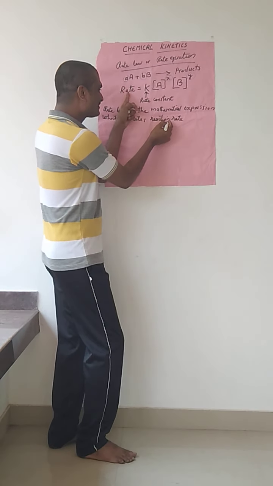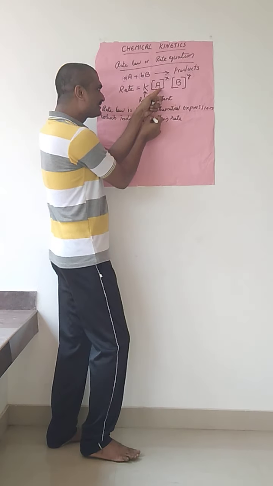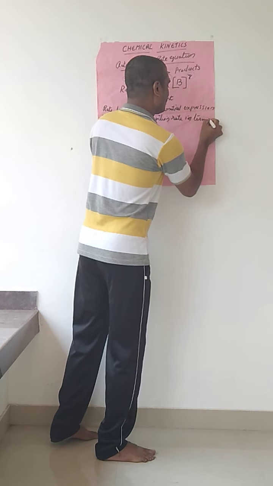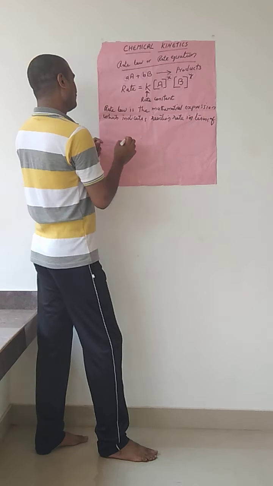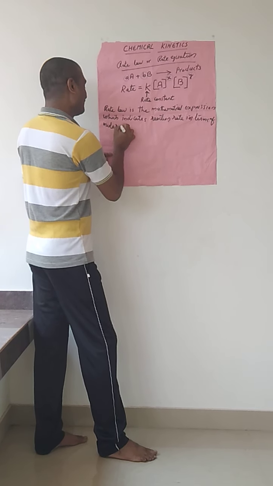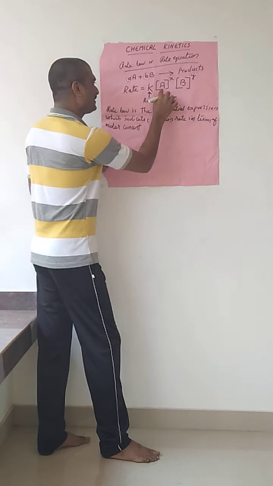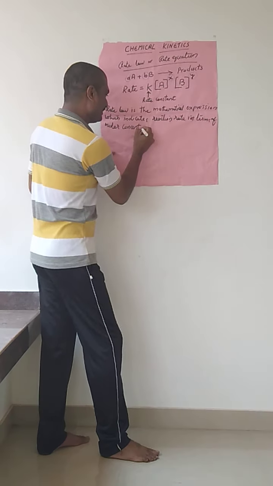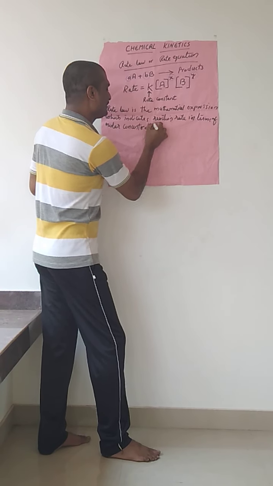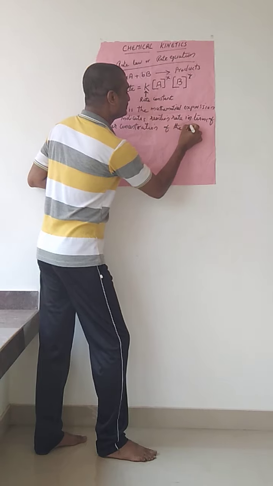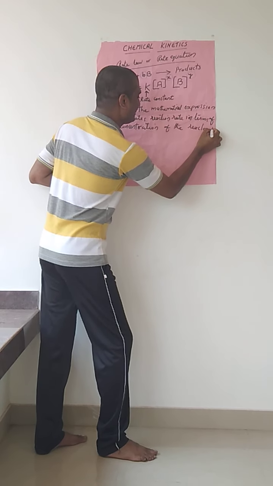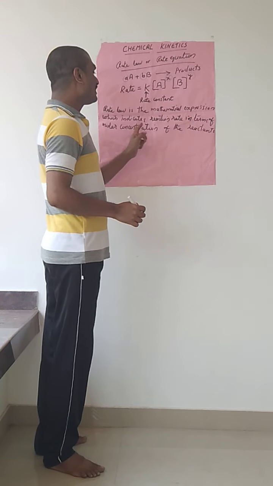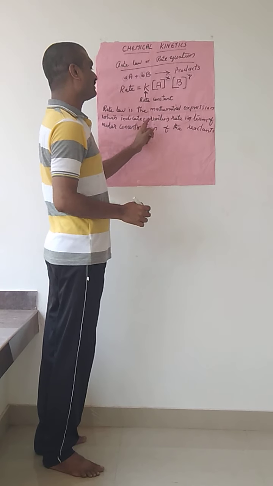The reaction rate can be expressed in terms of the molar concentration of the reactants, that means the molar concentration of A and the molar concentration of B. Rate law is a mathematical expression which indicates the reaction rate in terms of molar concentration of the reactants,